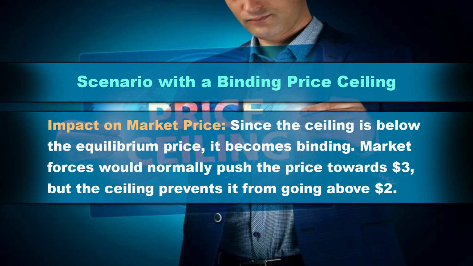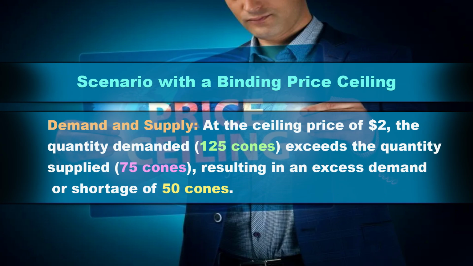Let us look at the impact on market price. Since the ceiling is below the equilibrium price, it becomes binding, as we have seen. Market forces would normally push it towards $3, but the ceiling prevents it from going above $2. At the ceiling price of $2, the quantity demanded is much larger than the quantity supplied, as we have seen from the figure. This scenario is called excess demand or shortage of the amount of cones, that is 50 cones